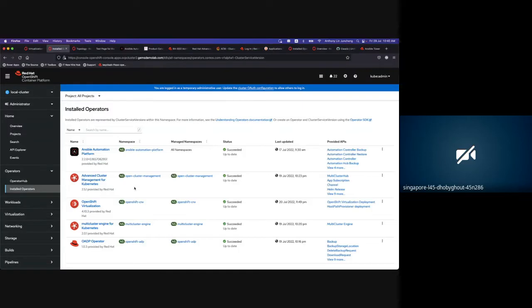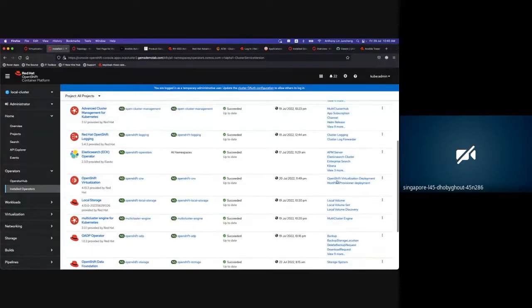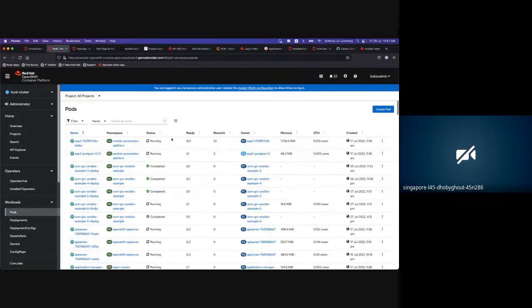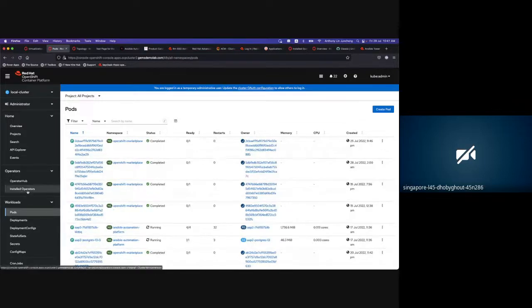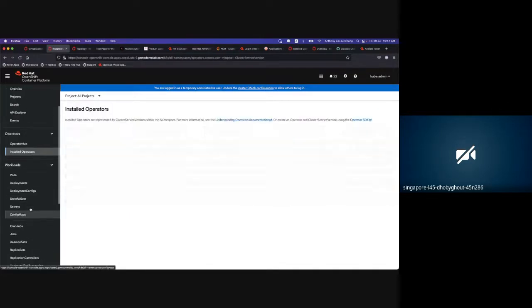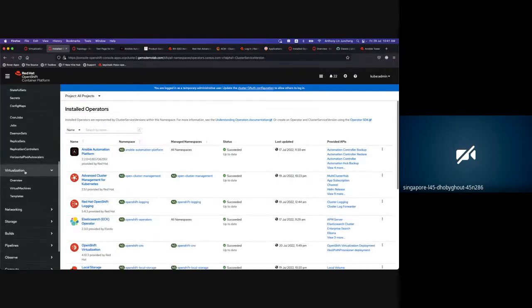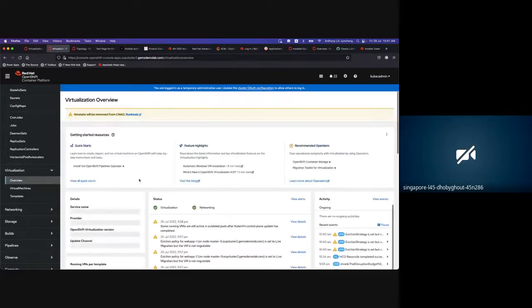The installed operators will show OpenShift Virtualization being installed. We have set up the deployment and the hyperconverged setup, so everything will just be built. You will see all the different pods being deployed based on the operator that was installed. In our case, you will then see there's a new tab for virtualization that shows up after the operator is installed. So if you go to the overview screen,